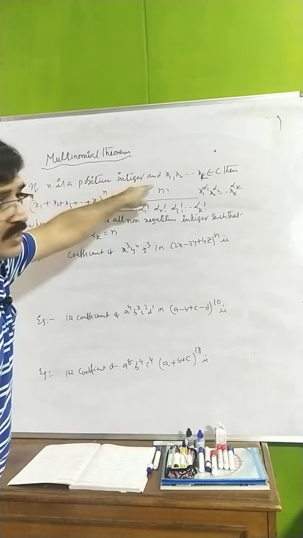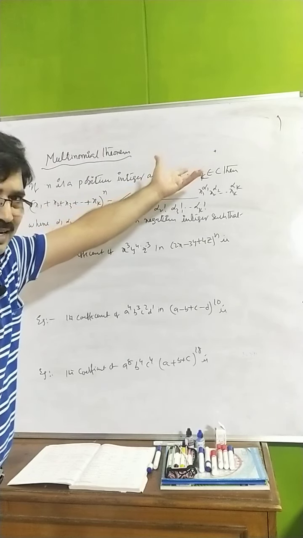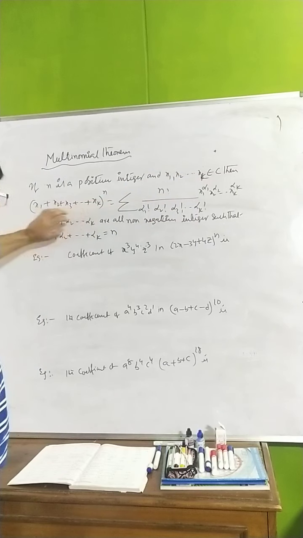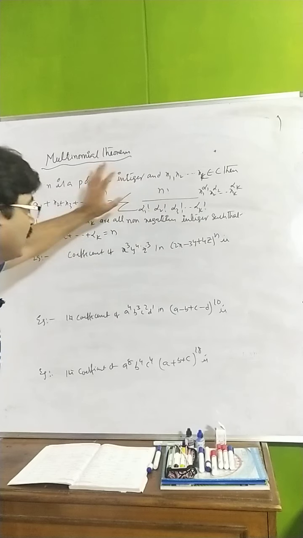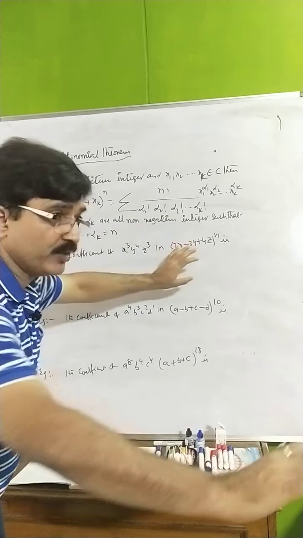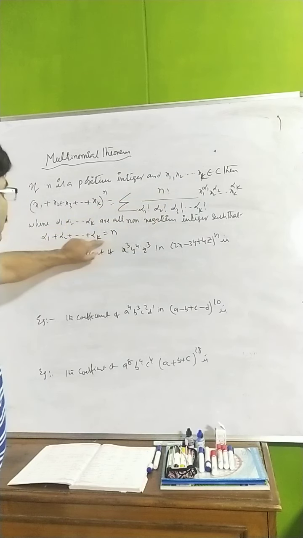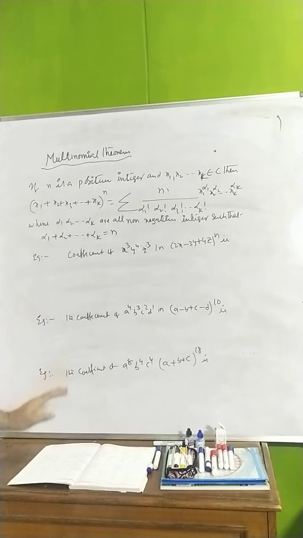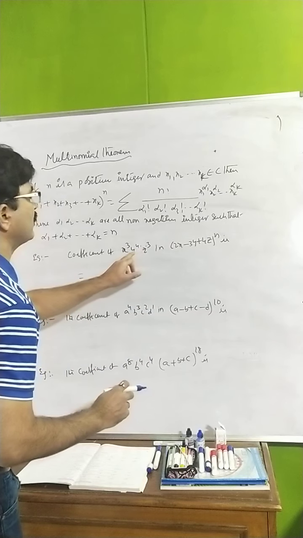If n is a positive integer, x1, x2, x3, and so on, xk are what? Number of terms, all real numbers or complex numbers, you can say that. Then you can write like this, whole to the power of n, in this way we are representing. One thing very clear, whatever I highlighted here, these alpha 1, alpha 2 are what? Non-negative integers, compulsory it is. Okay, and the sum of those must be equal to the exponent of the given multinomial. So now you see here 3 examples I have taken here. But take this very clearly, while doing this one you check it out.